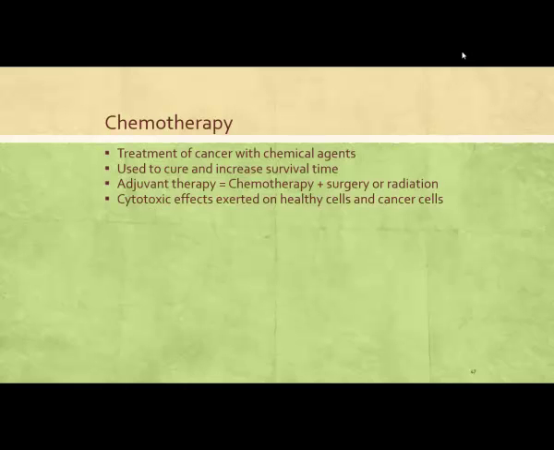And chemotherapy does have some selectivity for killing cancer cells over normal cells. However, tumors with rapid growth are often more sensitive to chemotherapy. So when we think about those cells that undergo rapid mitosis, you need to think about skin, the hair, the intestinal tract, blood-forming cells. But when we're thinking chemotherapy, it does have cytotoxic effects on healthy cells as well. And so that puts our patients at a higher degree of risk.